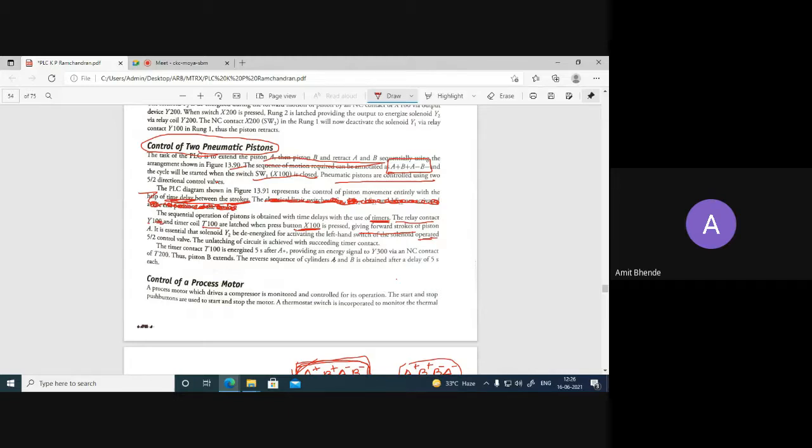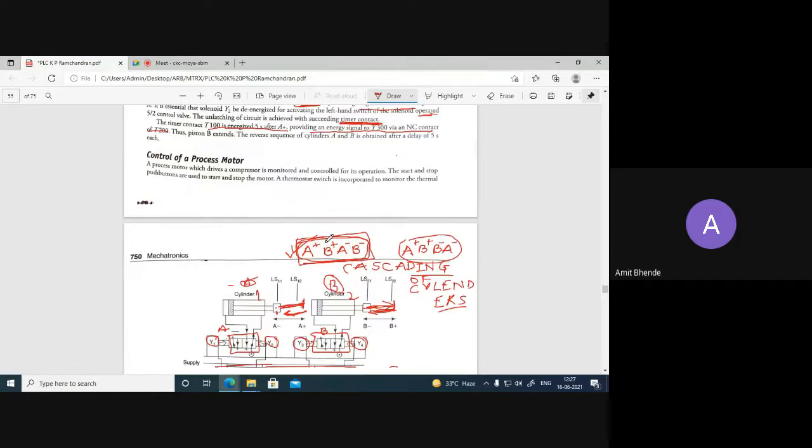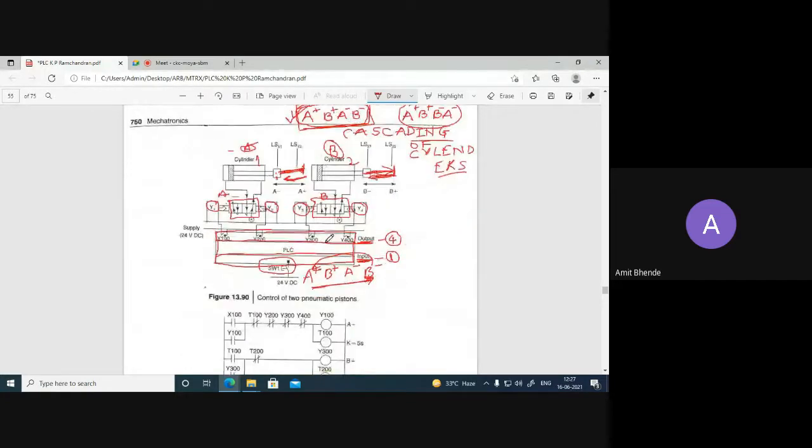So we need to maintain the sequence of these cylinders by using timers. The timer contact T100 is energized for 5 seconds after A plus, providing an energy signal to Y300 via an NC contact of T200. Okay, so we'll see how this sequence is maintained and how this operation is performed.